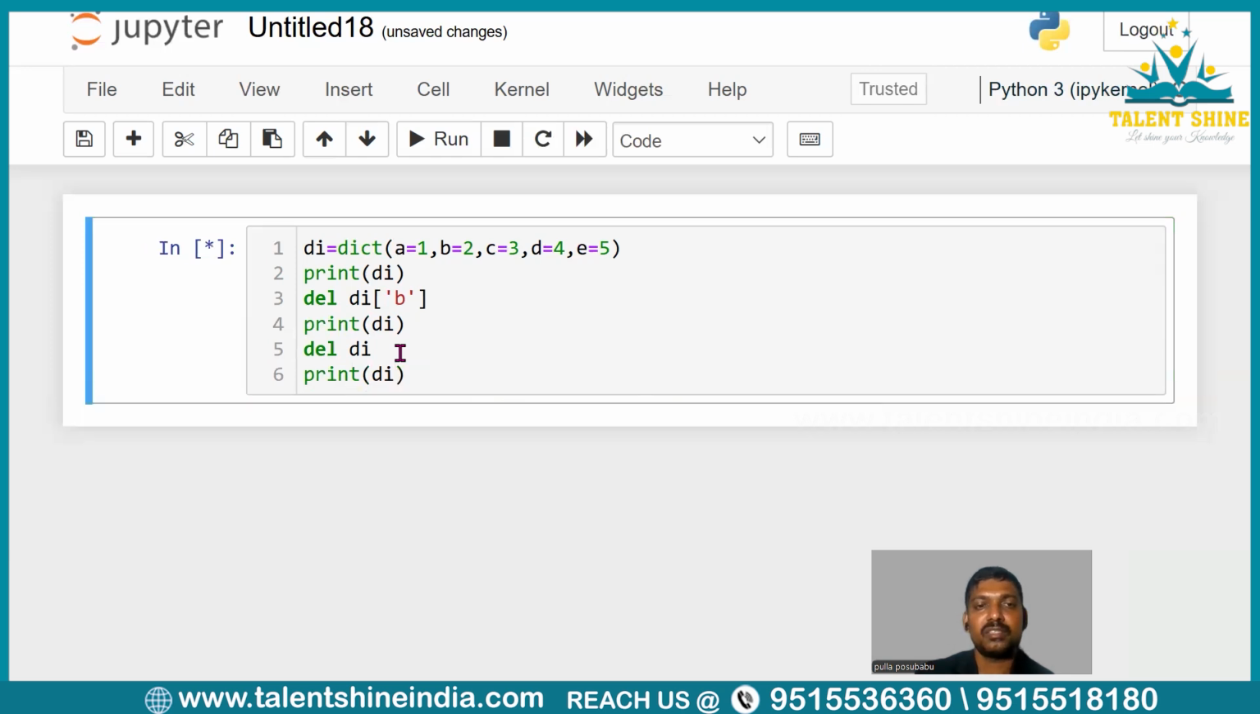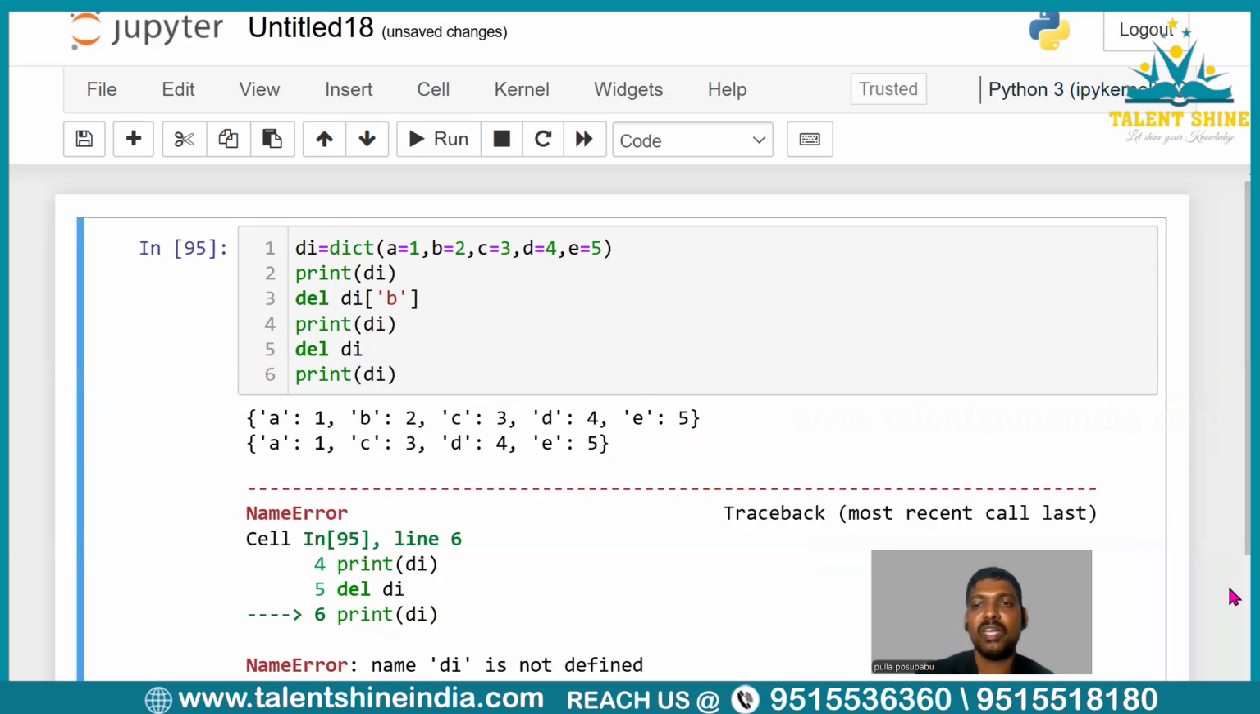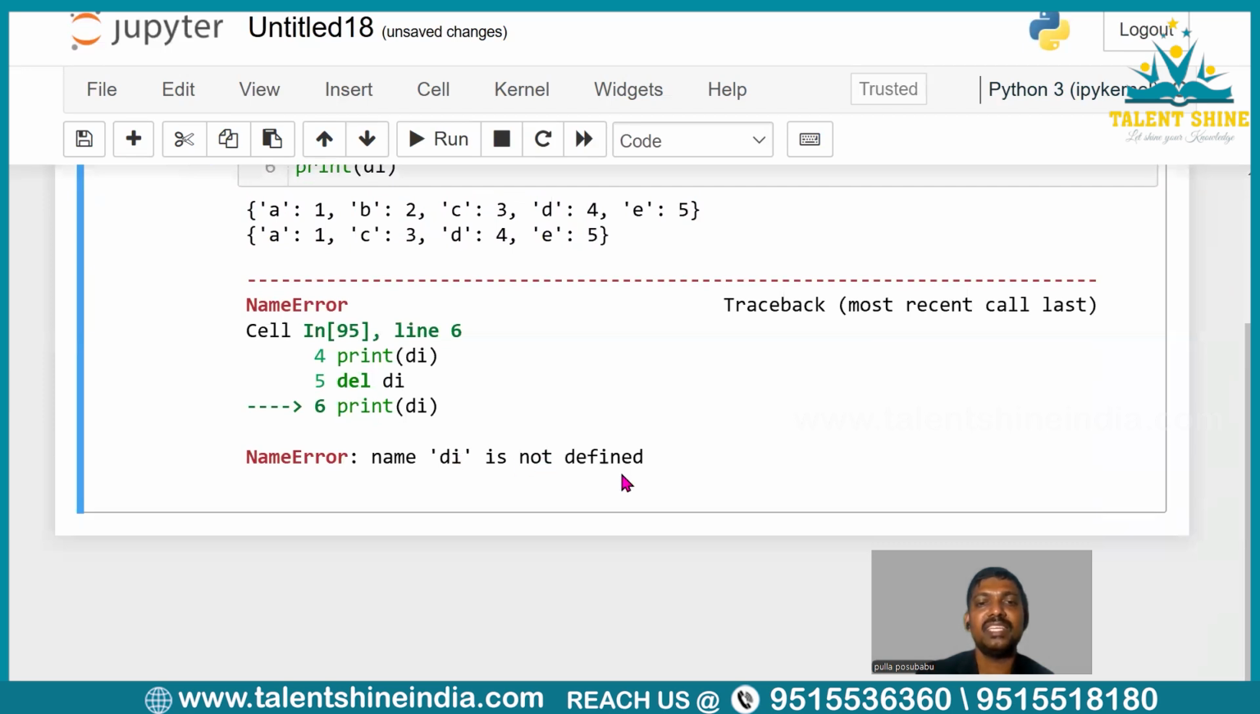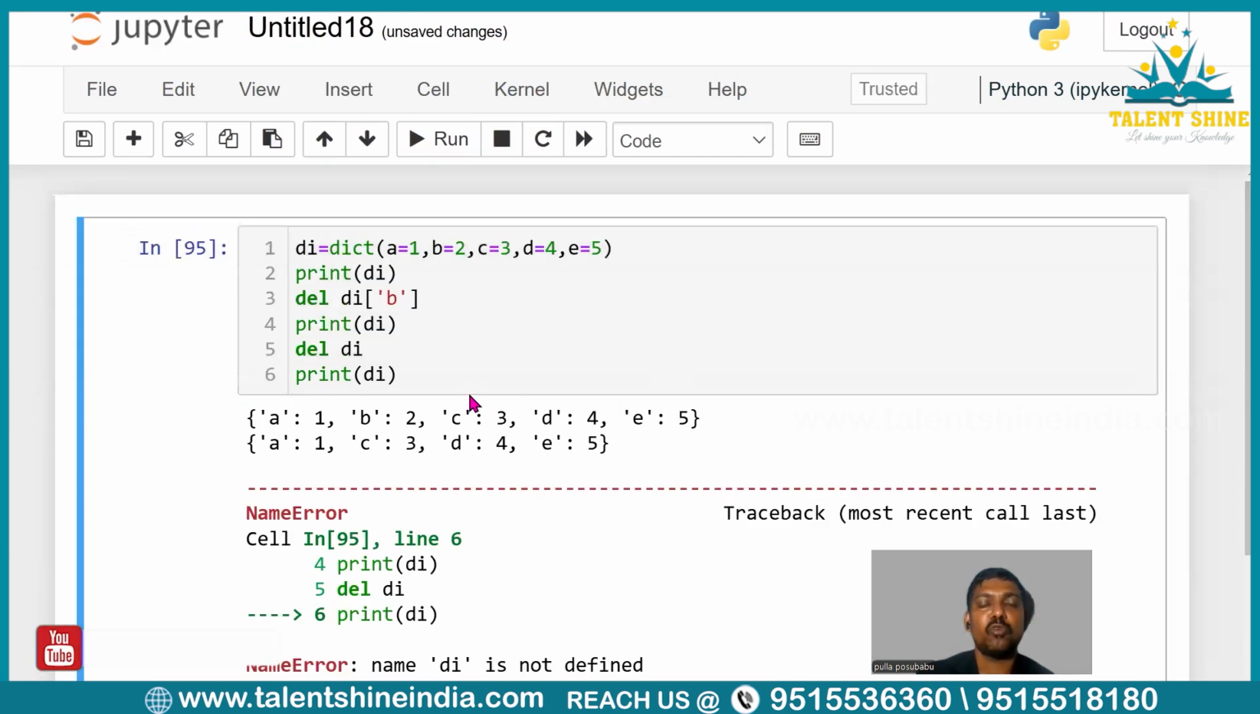Now it shows an error, right? So why does it generate an error? Name 'di' is not defined. So there is no dictionary with a name called di. I hope you could understand. So what I have conveyed,